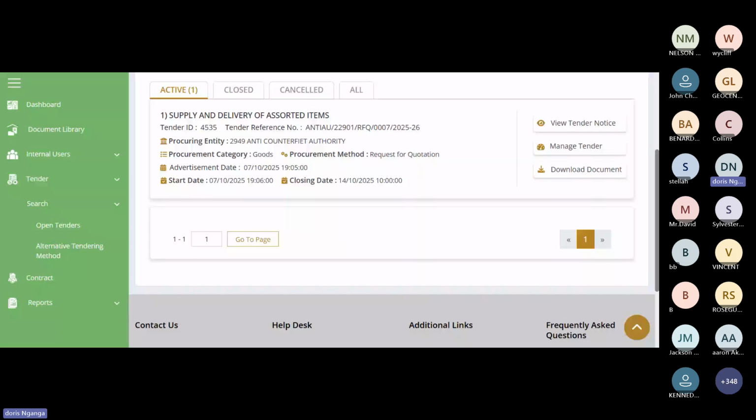Yes, for the documents to be satisfied, you have to print them, have them satisfied, and then scan them again so that you can upload them. Yes, we'll be doing framework agreements in the EGP system.